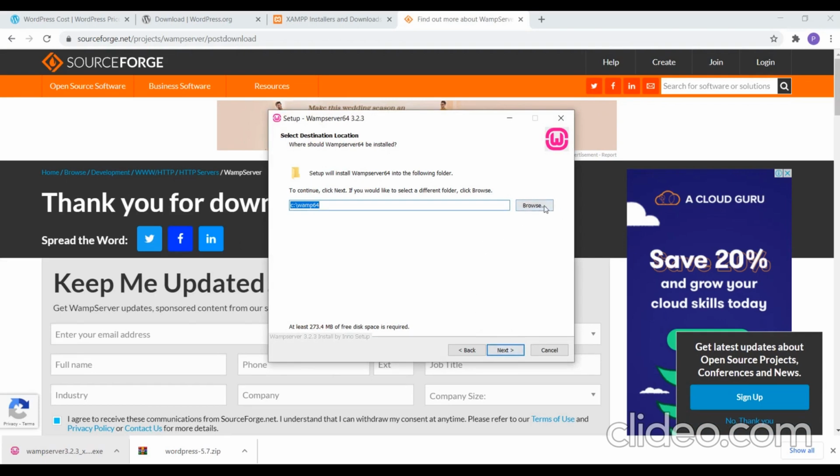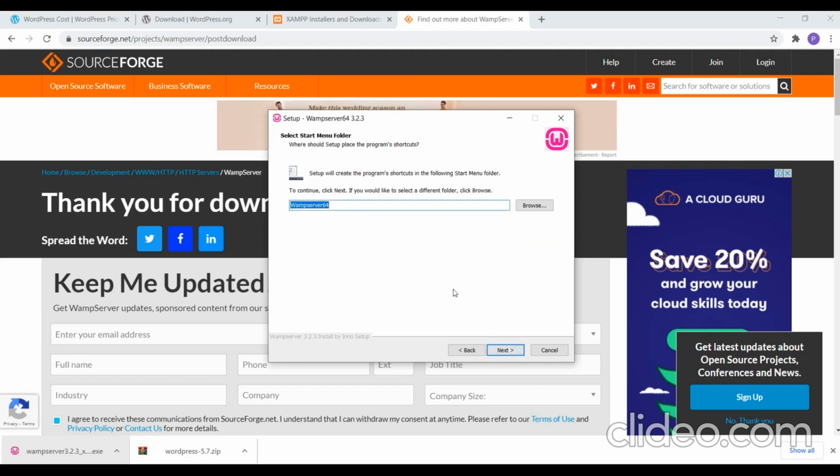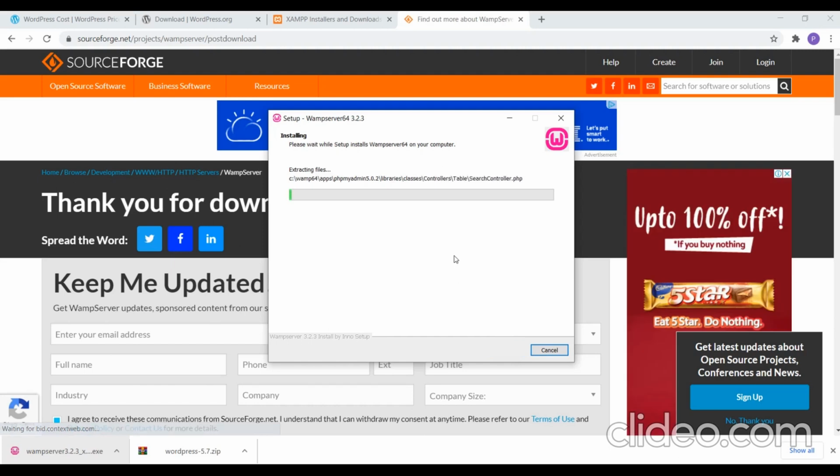Select your location where you wanted it to be installed, and you see you need to check all the versions that you are looking for. So this will install a MySQL database.